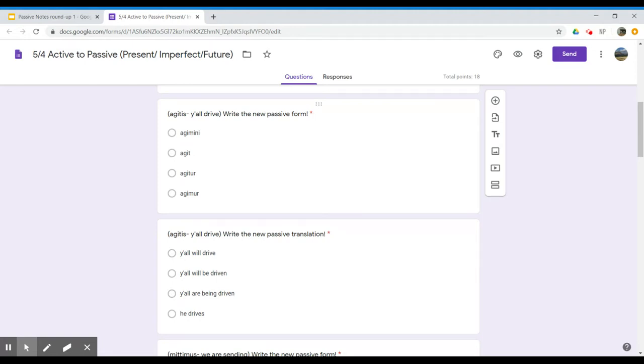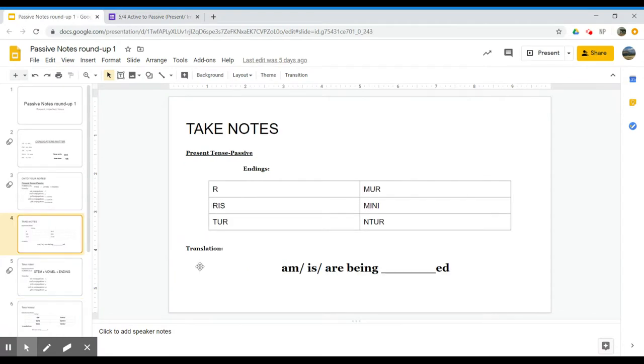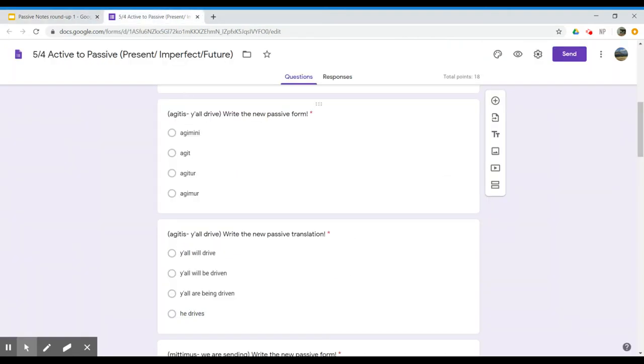If I want you to make this into the passive form, you're going to find the equivalent for tis. Tis on your chart. Let's take a close-up look at it so you can follow me here. Our active forms are O or M, S, T, mus, tis, nt. Tis is right here. It's the second person plural. So where you have a tis in this word, you're going to take that ending off, and you're going to add mini instead. So the correct answer here is the first one on the list, agimini. Again, it's the first one on mine. It's going to be jumbled up for you, so it might not be the very first one. But the correct answer,